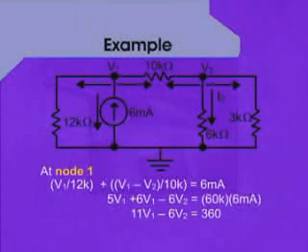By rearranging the equation we can get 5V1 plus 6V1 minus 6V2 is equal to 60K into 6 milliamperes. Now, kilo and milli will cancel each other on the right hand side of the equation. Therefore, by simplifying the equation, we can write 11V1 minus 6V2 is equal to